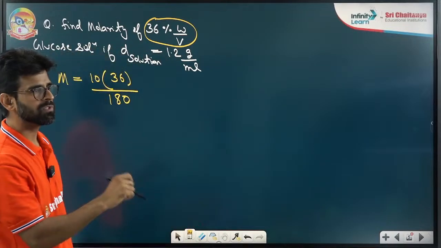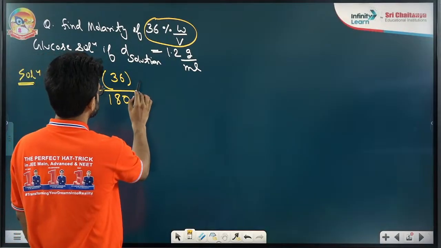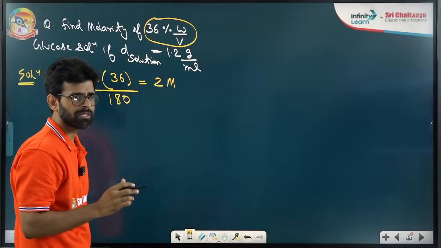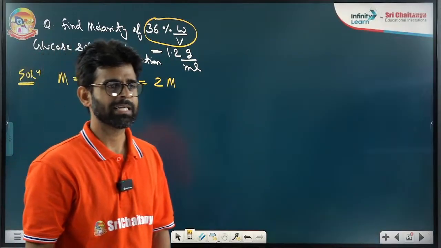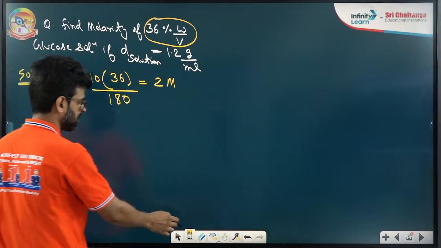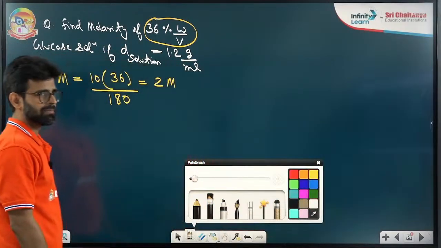So don't confuse yourself. What's coming from here? 36 divided by 180. Yes, it is coming 2 molar. I don't need any density. Be careful about it. Fine. Good. The next term is